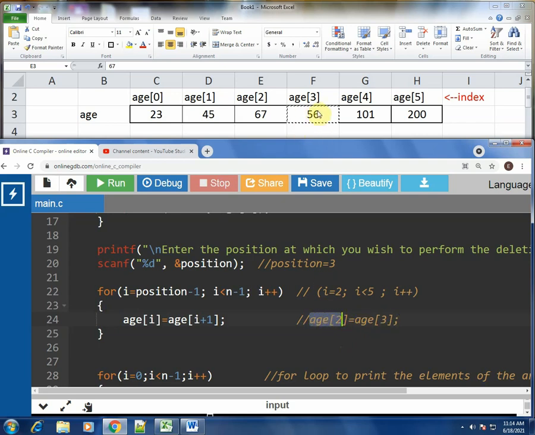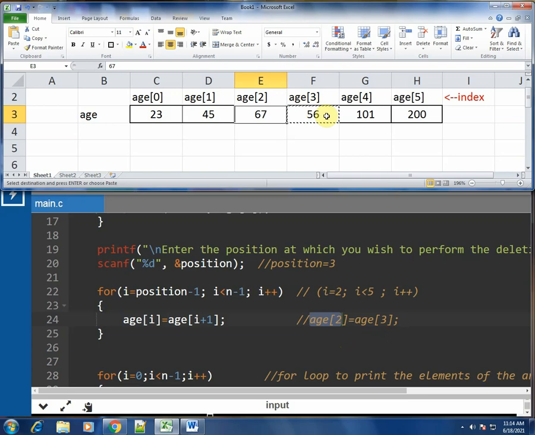In our example, what is there at index 3? This one. Let's cut this one and paste over here. This is exactly what happened in this line. You overwrite the old value with a new value. This was the first time the for loop executed.